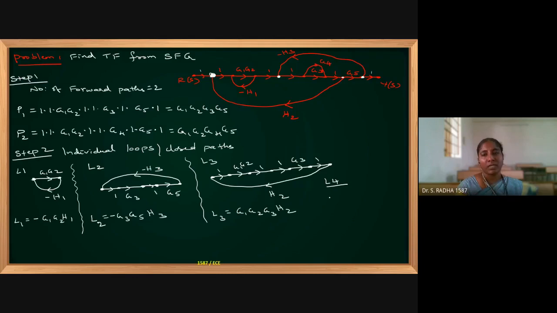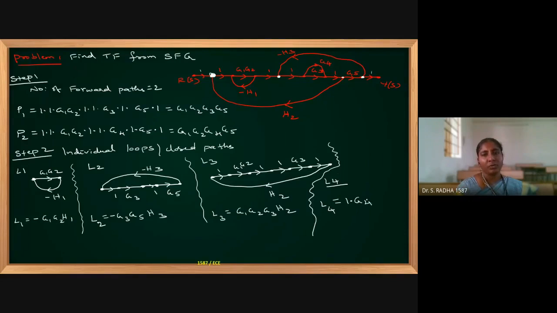Okay. So for L4, I will just write the product of gains. I'm not drawing the diagram. Now you are familiar with it, I'm just writing the product of gains. So L4, how am I going to form the loop? I'm taking help of L2 only, same as that of L2. What I will do? 1 into, in the place of G3, I will put G4.